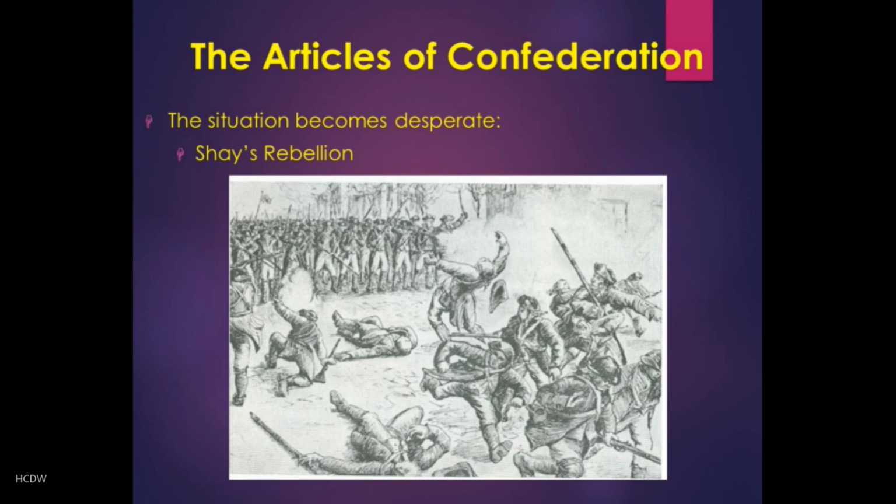Now, there were a number of episodes that flared up in the late 1780s that demonstrated the Confederation government was not sufficient. But I want to talk very briefly about one, which was Shays Rebellion. In 1787, Daniel Shays led an uprising of about 4,000 men in Massachusetts, protesting the state's efforts to collect taxes. The federal government, it turned out, was essentially helpless to intervene, and so this rebellion raged for a time before it was ultimately put down by Massachusetts troops and a local militia, but not before demonstrating just how weak the